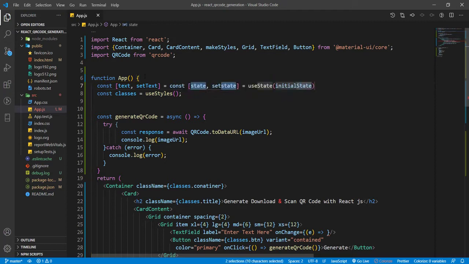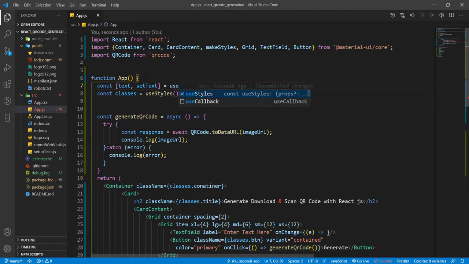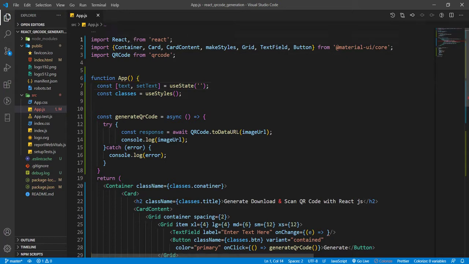I'm using useState to maintain the state in a direct function component like this, and initially it will be an empty string. If we are using it, we have to import the useState hook from React,